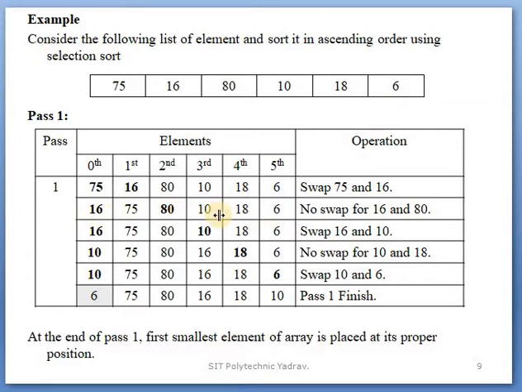Whenever the array is completed, that is the time to compare with the 0th position. Clear? It is our algorithm. Only one element is not compared. The second, third, fourth, fifth positions, all remaining elements are compared with the 0th element. When the last element, the 5th element, is compared with the 0th element, the 0th element will be sorted in pass 1. Clear? Okay, continue.